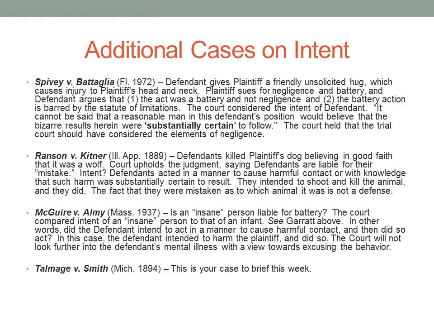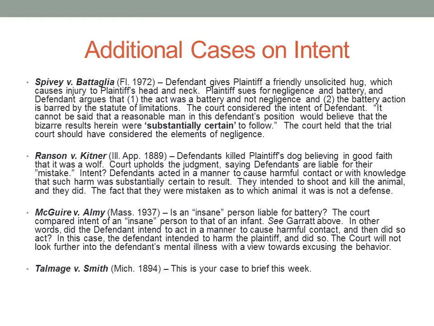Say, in this case, it's a dog, but let's say you are intending to shoot person A with a gun, and person A is pretty far away from you. You're pretty sure that the person you see is person A. You shoot them, and you go up and find out later that, no, they were not person A, you were wrong, it's person B. Can you make the argument that, well, you didn't intend to commit the battery against person B because you thought it was person A, you intended to shoot person A, so you never intended to shoot person B, it can't be a battery?